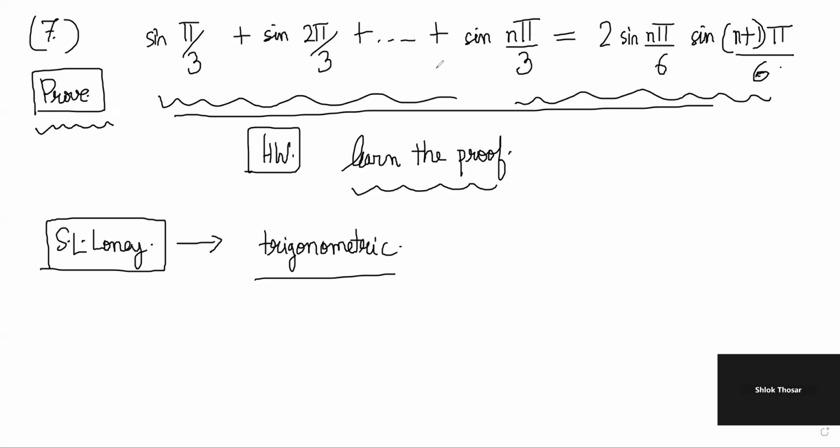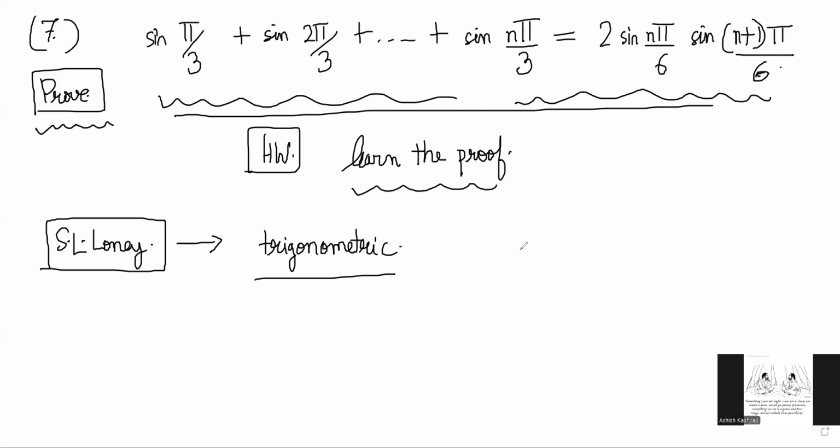First of all, try to combine sine pi by 3 plus sine n pi by 3, then try to find some relation between the next combinations. I don't know. Then we can combine first or last term. You can try, but I don't think it will work. Okay, sir, you can try whatever. I'm not looking for a